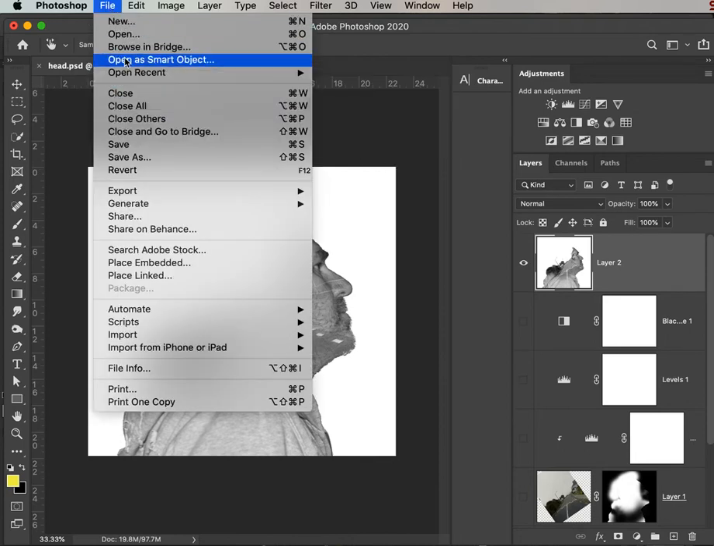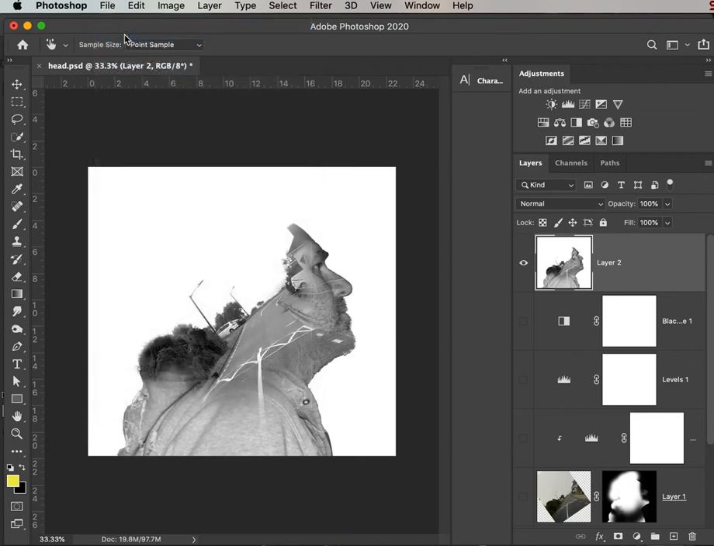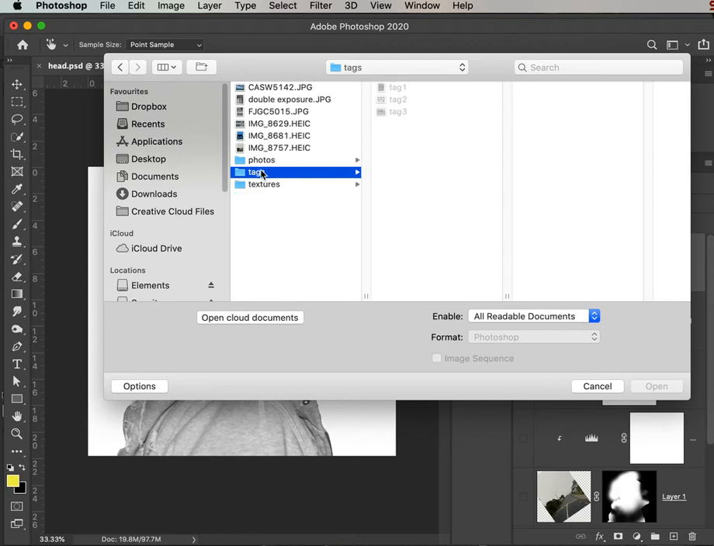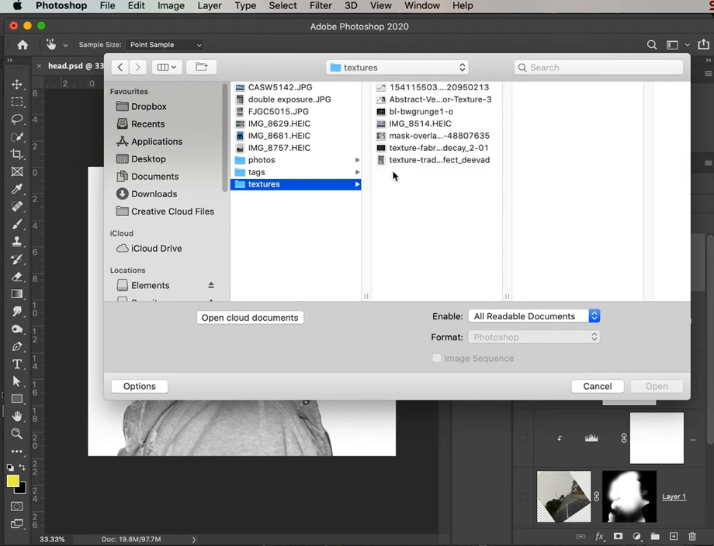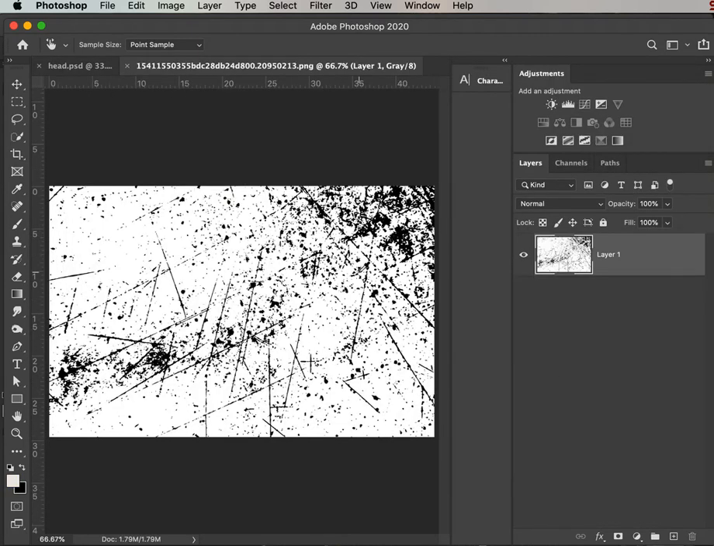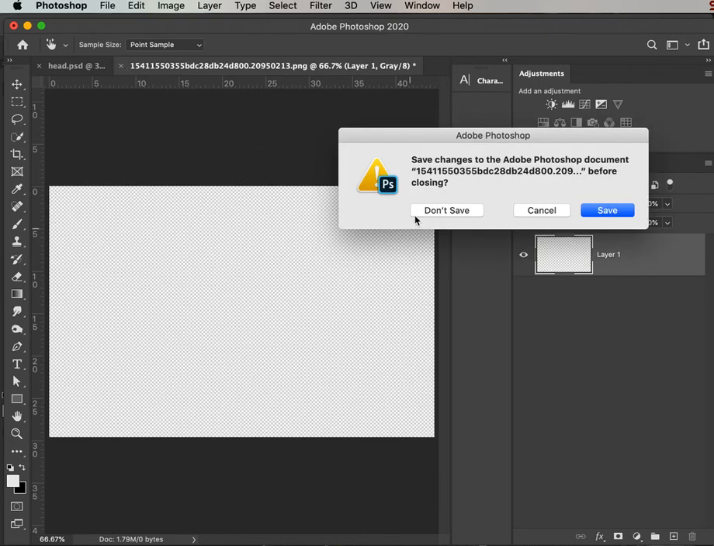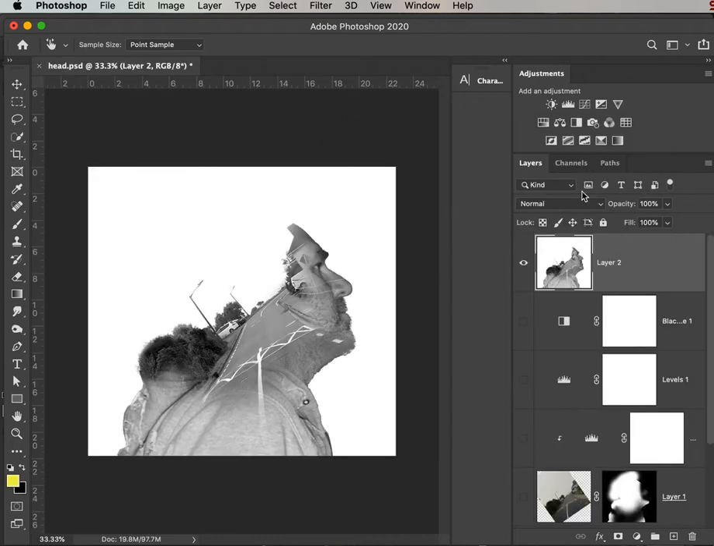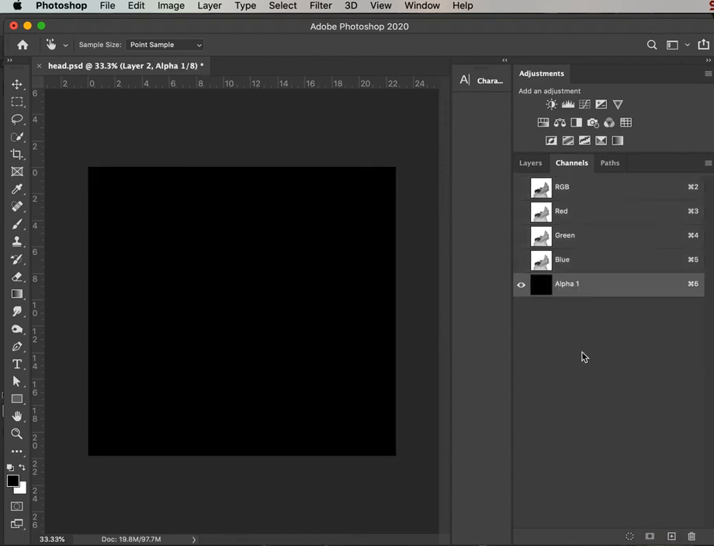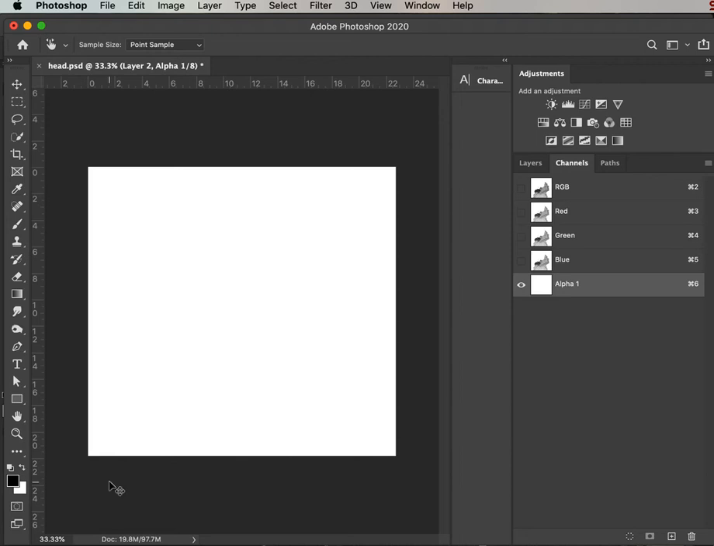File, Open, and I'm going to pick a texture. Yeah, okay, we'll go for a texture, not a tag. Go with this one. Open. I'm going to go Command A, select all, cut it, and close it. Now I can come into the channels, make a new channel. I always start with white. White's the background color, so Command Delete, paste,